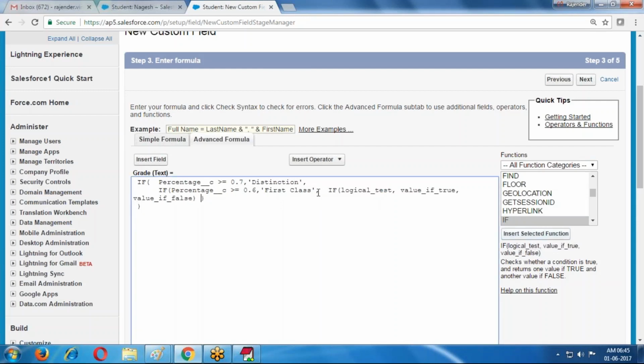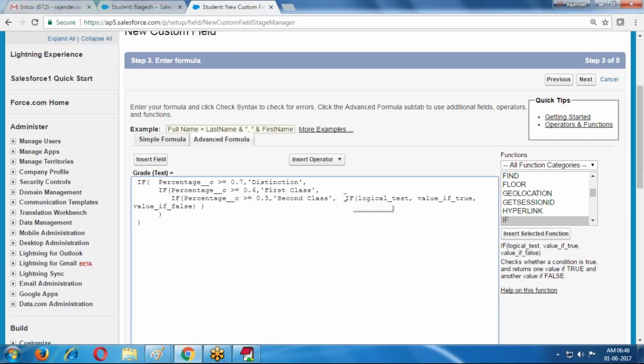In the case of false value, once again I am writing an if condition. Again, percentage is greater than or equal to 50, then second class. If it is less, then false value.